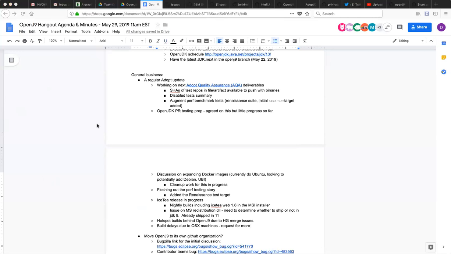It tends to be the OpenJDK test suite that finds these because Adopt's the only place that's regularly running those. So perhaps addressing that might be the best way of looking at it, trying to get those tests being run either at Eclipse or on local testing, but don't really know. Okay.